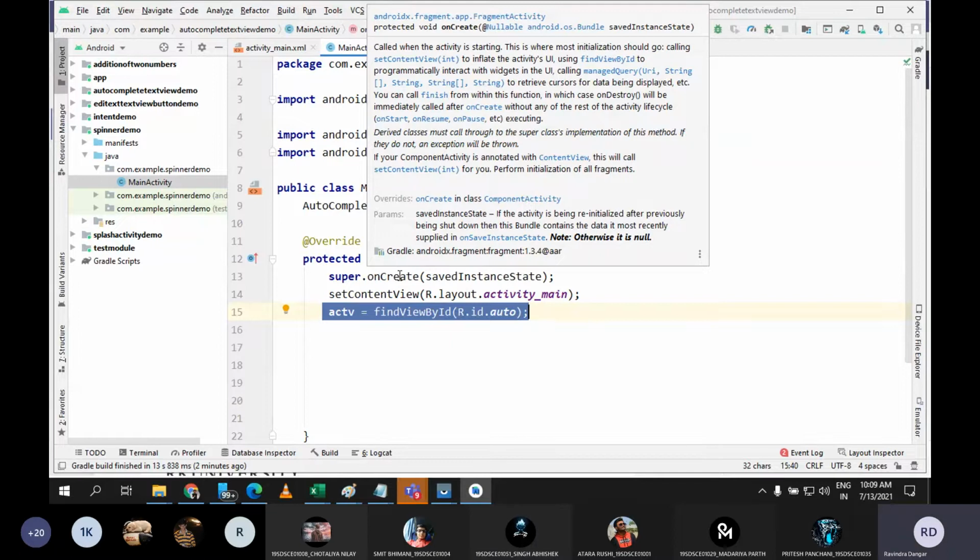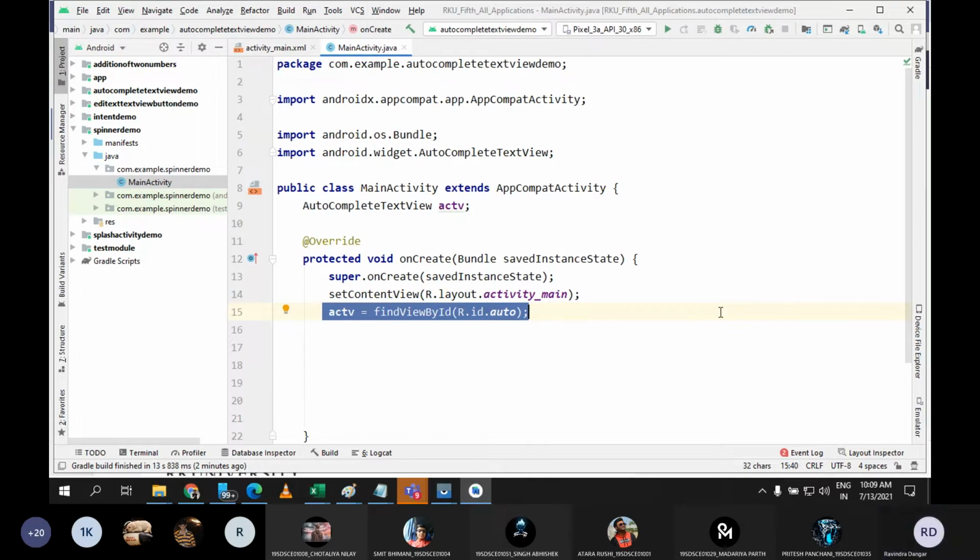Its listener. Before the listener, we need to do something. What is that? From where can I get the list of items? We need to add the inbuilt items. My question is, I want to display a number of items as suggestions. What kind of items I want to display is up to me. Fine. So where do we need to find those items? Can anyone tell me where I can store those items?